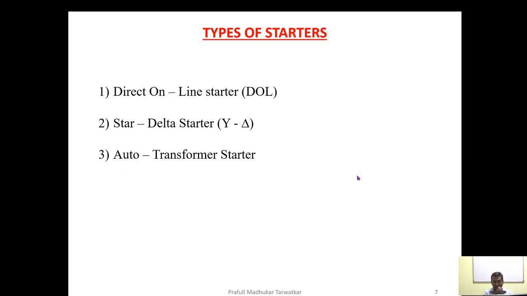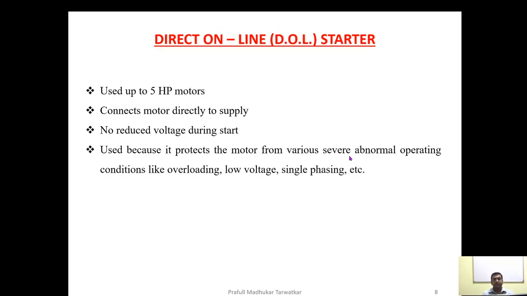Now let us discuss all these three starters one by one. Let's start with the direct online starter. As I said, they are used up to 5 HP induction motor capacity, connecting the motor directly to the supply. There is no reduced voltage during start. It is used because it protects the motor from several abnormal operating conditions like